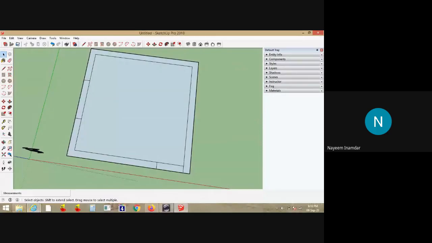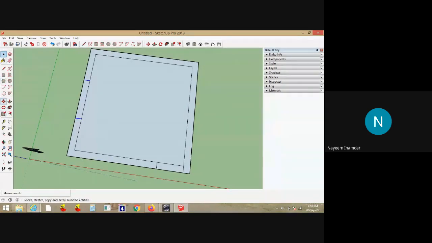Like how here also you can make copy selection. To do this, just select the entities, this line and this line. Both the lines you can select. Then you can move these things. To move, you have to copy this. To copy, the direct copy command is not available. So here there is another option.